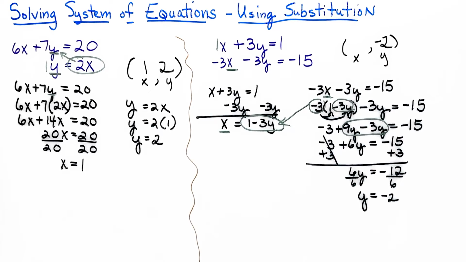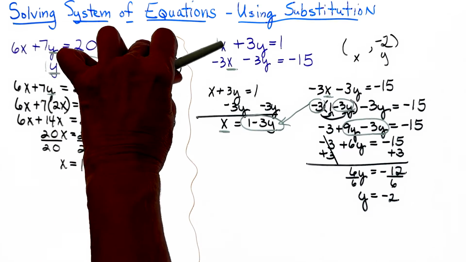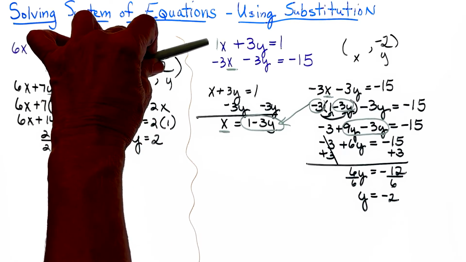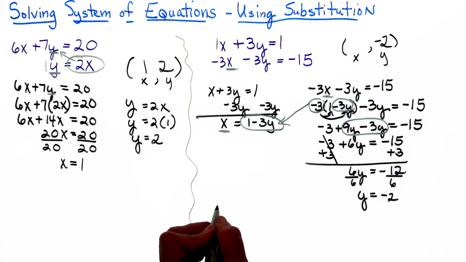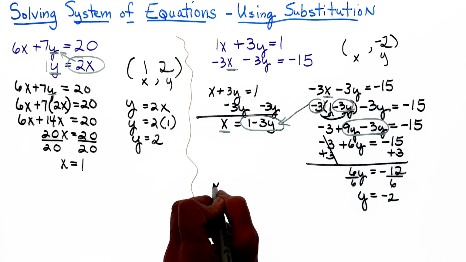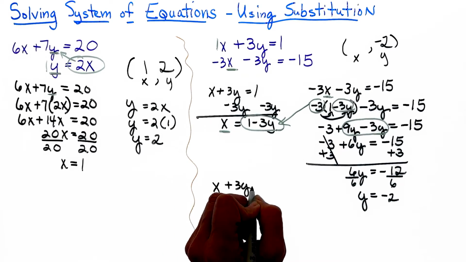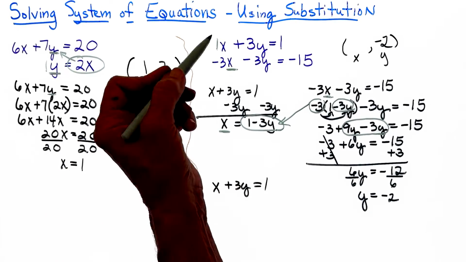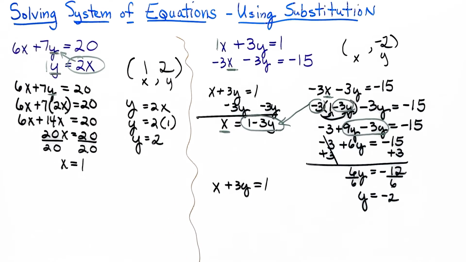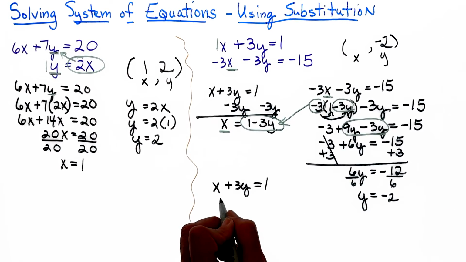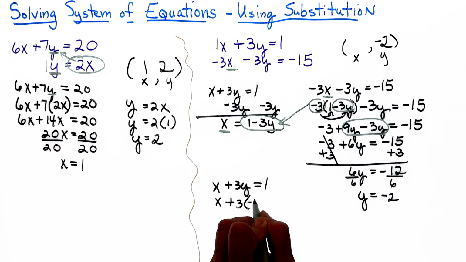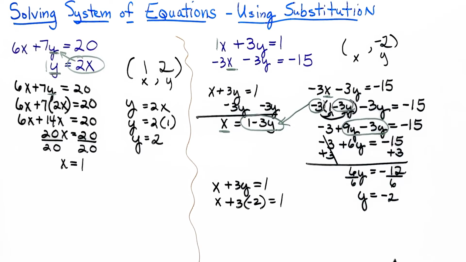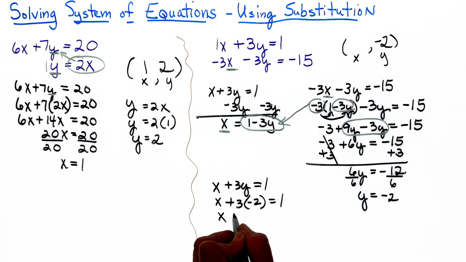So now I need to find x. I can use either one of the original equations, but the first one seems so much easier to me. So I am going to, again, copy the first equation down. x plus 3y equals 1. We don't have to write the 1 there. It's understood. So now x plus 3, remember y was a negative 2, is equal to 1. And now I'm going to multiply that out. So x, it's plus